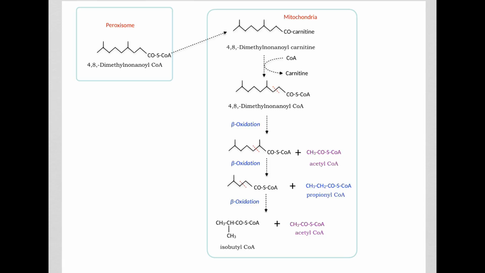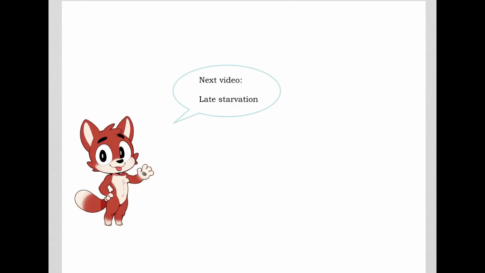So with this discussion, we see that fatty acid oxidation occurs not only in the mitochondria, but is also a very important process that happens in peroxisomes. So that is all for this video. In the next video, we shall leave early starvation and will now talk about the metabolic pathways that predominate during